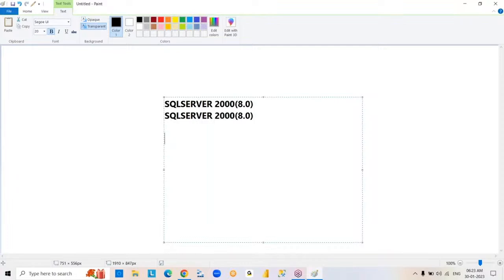So next we have SQL Server 2005, which is also known as 9.0. Then 2008 version, 10.0. After that 2012, 11.0,